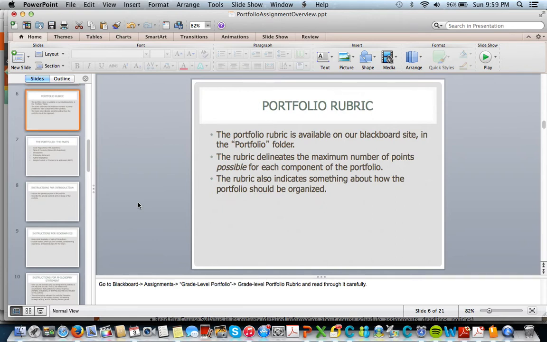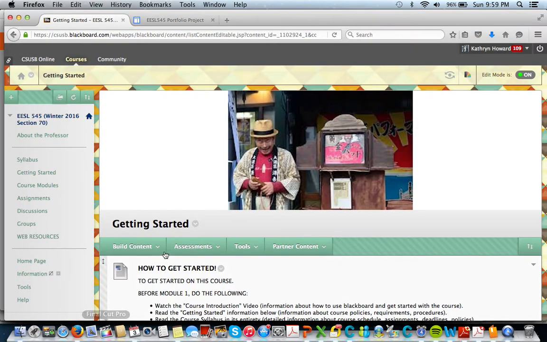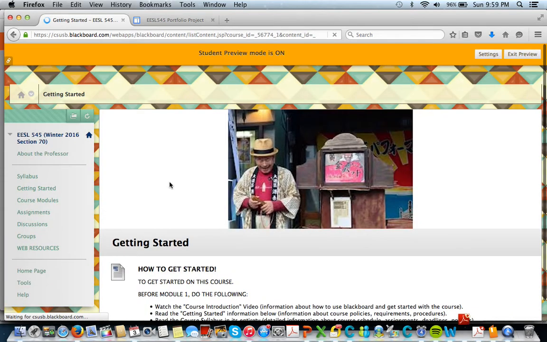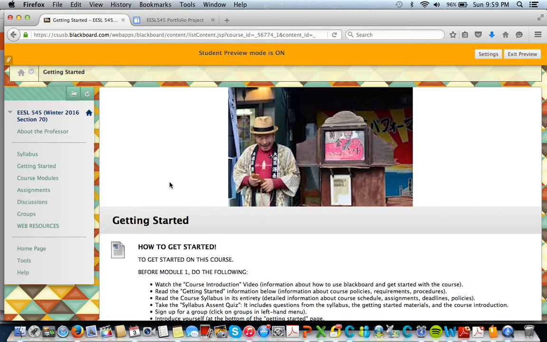If you want to know exactly what's required in this assignment, the best thing to do is to look at the rubric for this assignment in our Blackboard site. So what you do to find that is you go to our Blackboard folder, and I'm just going to enter a student preview so it looks the same to you as it does to me. Okay, when you open my course, you're on this Getting Started page. Over here, you click on Assignments